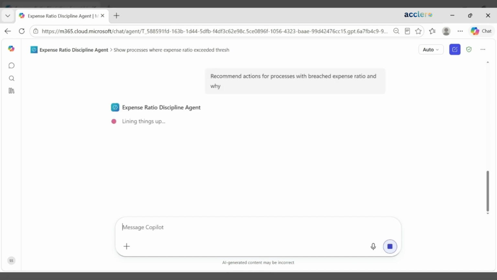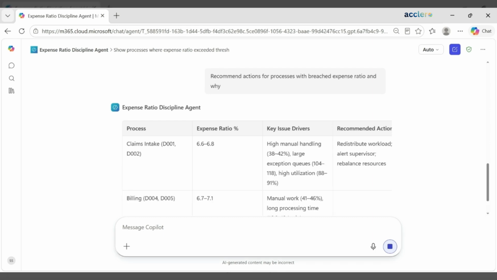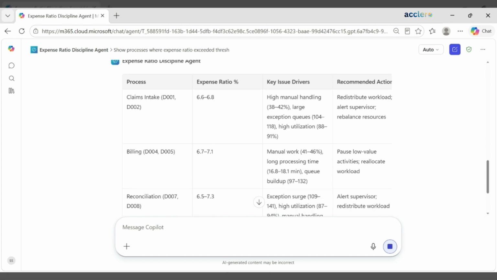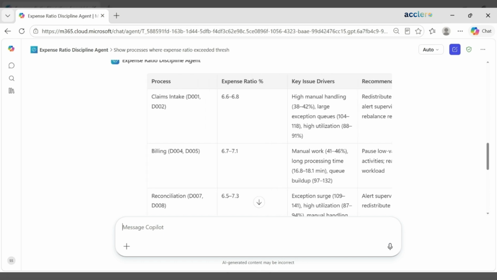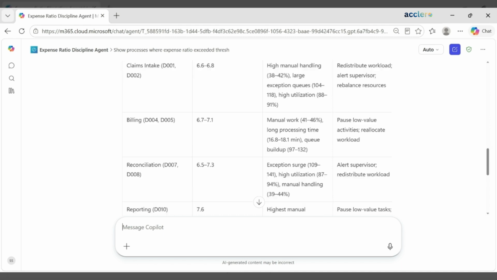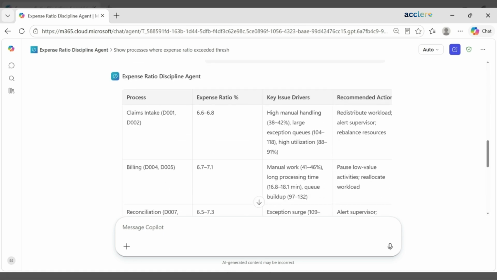Here I am asking the agent to recommend the action for the processes with the breached expense ratio and why. So the agent now consolidates the action at the process level and explains the reason behind the cost escalation. So across the processes, the breaches are driven by the increased manual work and the